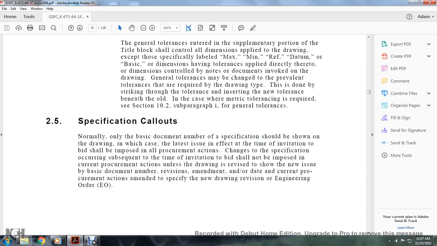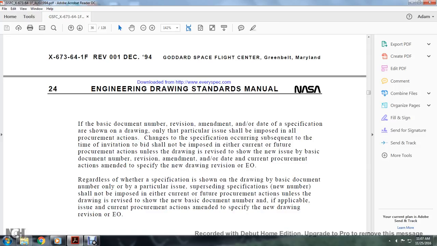specification callouts. Normally, only the basic documentation number of the specification shall be shown on the drawing, in which case the latest issue effective at the time of the invitation and/or the bid shall be imposed on all the procurement actions. Changes to the specification occurring subsequent to the time of the invitation or the bid shall not be imposed in the current procurement actions unless the drawing is revised to show the new issue of the basic documentation number, or the revision, amendment and/or date, or the current procurement actions are amended to specify the new drawing revision engineering order. If the basic documentation revision, amendment or date of the specification is shown on the drawing,